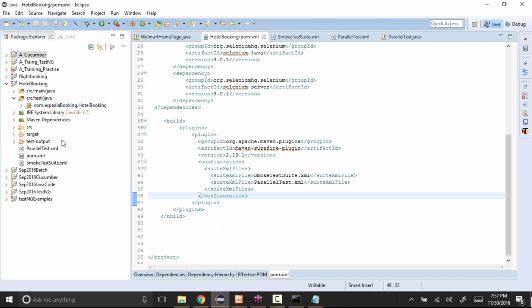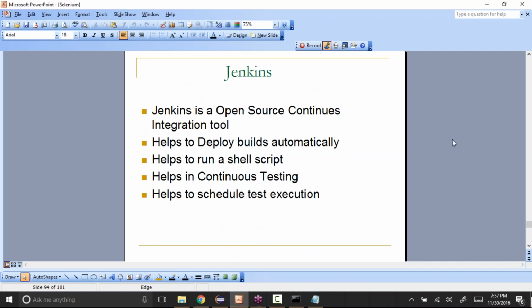We can also tell that. So all these things can be done with the help of Jenkins, like continuous integration and building the builds automatically. Then we can also do executions, like scheduling the jobs for executing our automation test cases. Okay, and even this Jenkins is also an open source tool, so we can download it and install it.